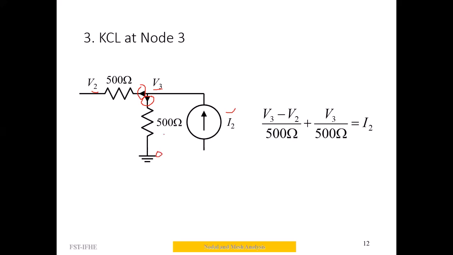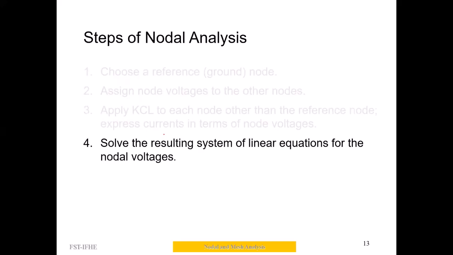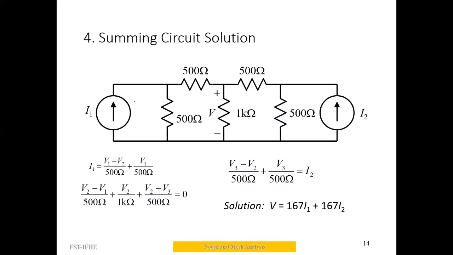Okay, so now we have three different equations. Once you simplify, there are three algebraic equations and three unknowns. You can solve the three algebraic equations either using the substitution method, or you can represent the three algebraic equations in terms of matrix analysis and use Cramer's rule to determine V1, V2, V3. So we have first applied KCL across this node.